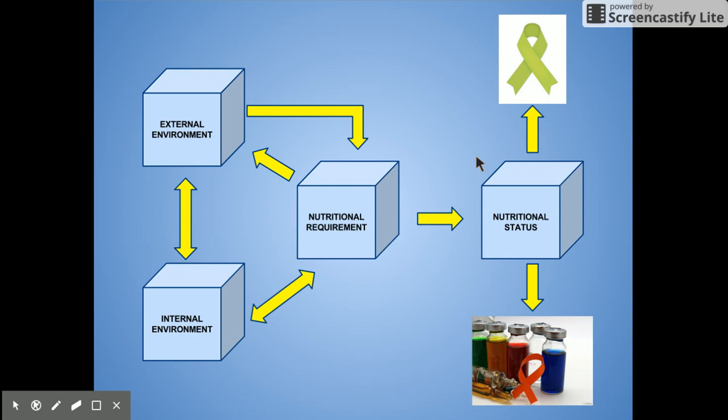The nutritional status is nourishment. Are you optimum in nourishment? Are you malnourished? Maybe you're undernourished or even perhaps overnourished. If you're overnourished, you're going to have some kind of disease, like you're going to be obese and then you're going to have heart attack and diabetes. If you're undernourished, you might have some kind of disease. If you're optimal, then we're really looking at a nice, healthy individual.